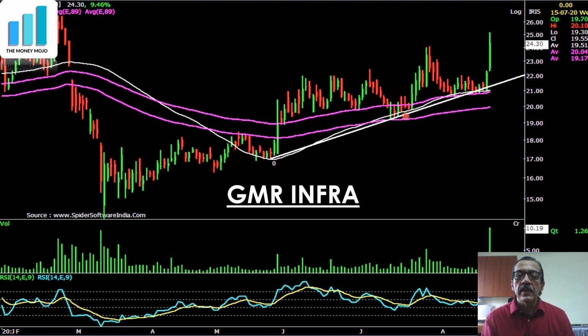So GMR Infra is lying on this trend line here, and then it has gone up. What is important is that it is not only taking support on this trend line, it is also having a confluence of the 50-day moving average and the 89-day high-low. So this is a trade that I would be happy to take. When this high is crossed, I know that this trend line is now valid, and then I am willing to go ahead and buy GMR Infra at this level.